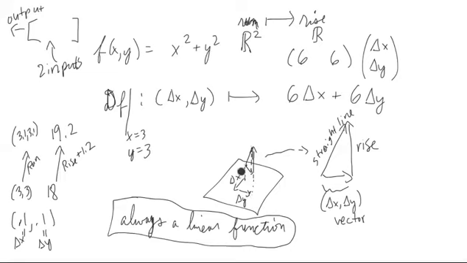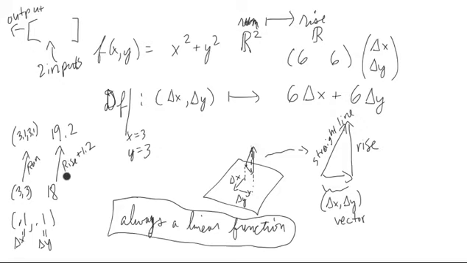Think change of x, change of y will induce a rise, but this assumes that we have a straight line approximation from this point to where we're rising to. If this actually works at the point (3, 3), then we should expect this much. If we run 0.1, 0.1, so change of x 0.1, change of y 0.1, to (3.1, 3.1), we should expect our rise to be approximately, using this approximation for rise,